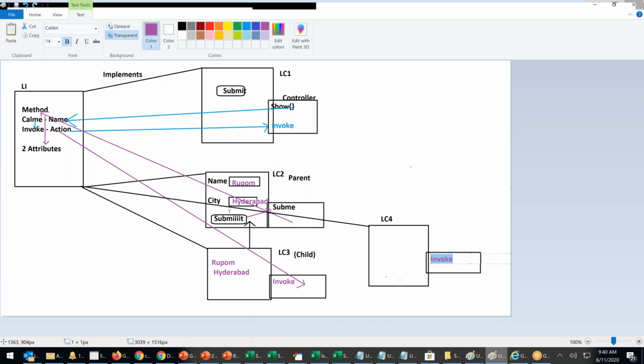Whenever you want one component, here LC2, to control the other components, we use action override with interface. It is used to control multiple components, not just one or two. I can control 10-20 components. In real time, you will not have 10-20 components, but at least a minimum of 2 and maximum of 4 to 5. One place changes, and it will reflect in multiple places.